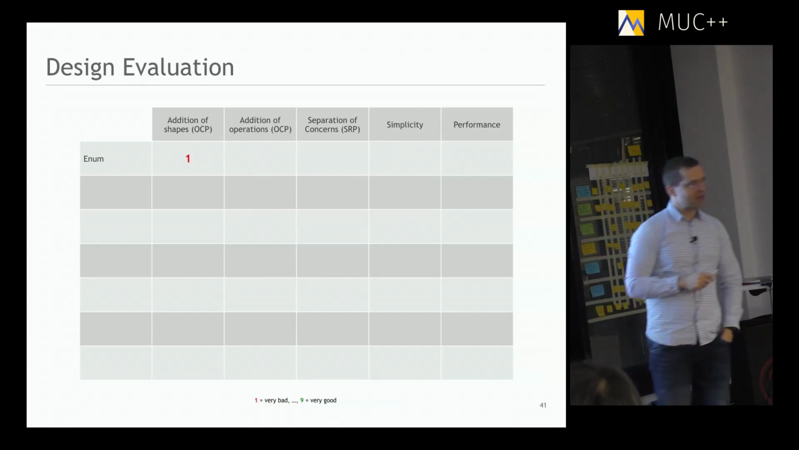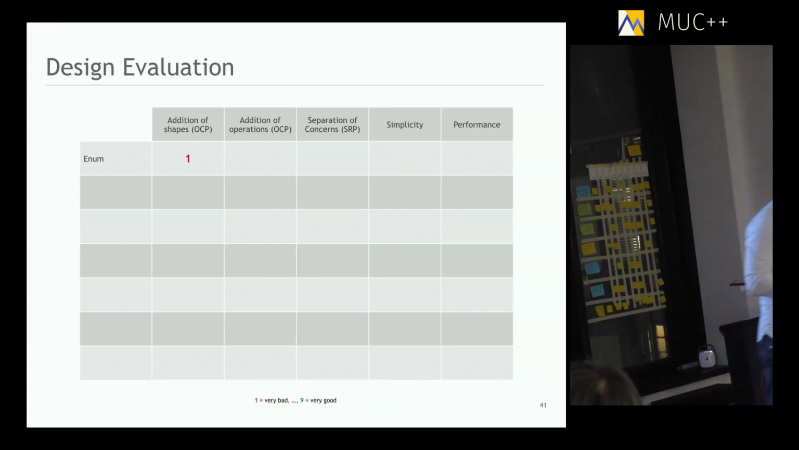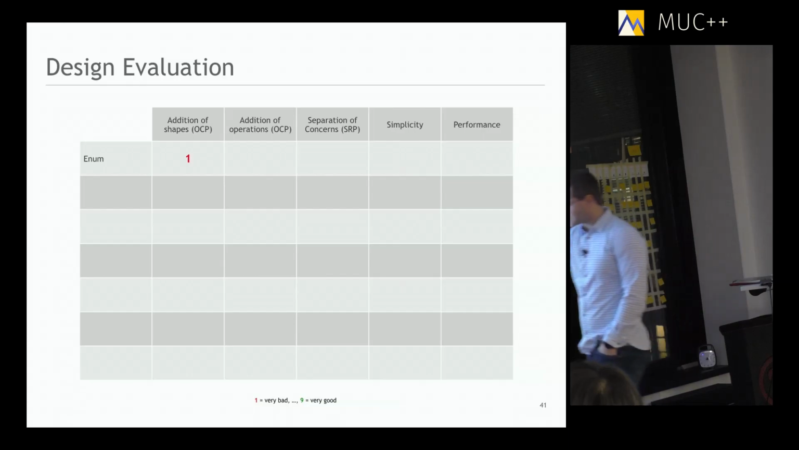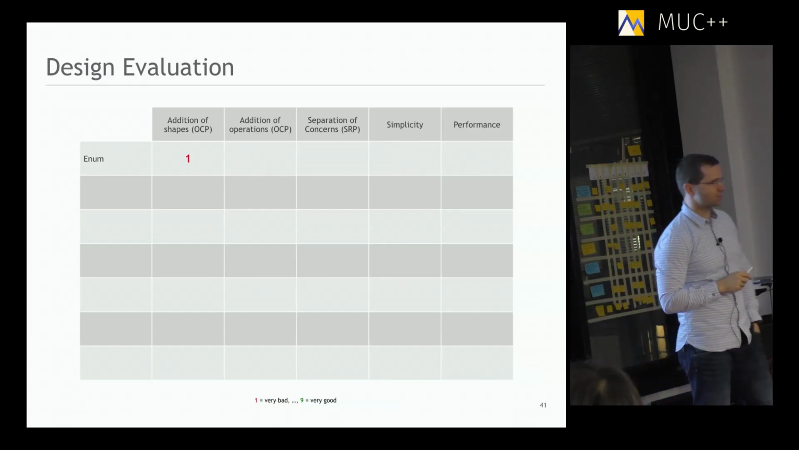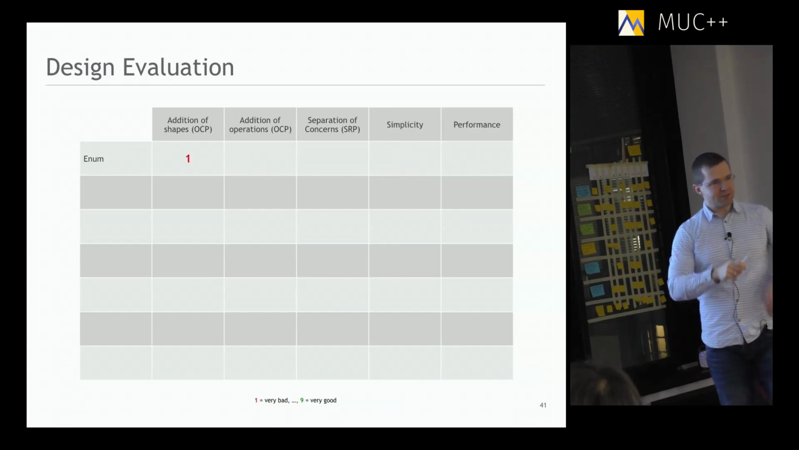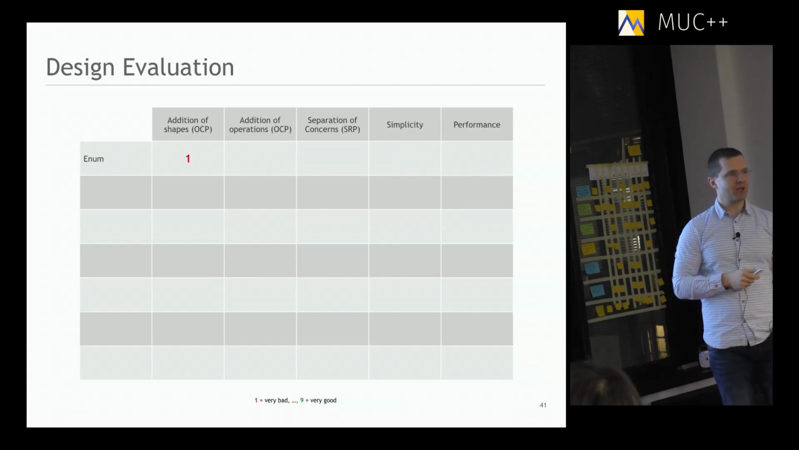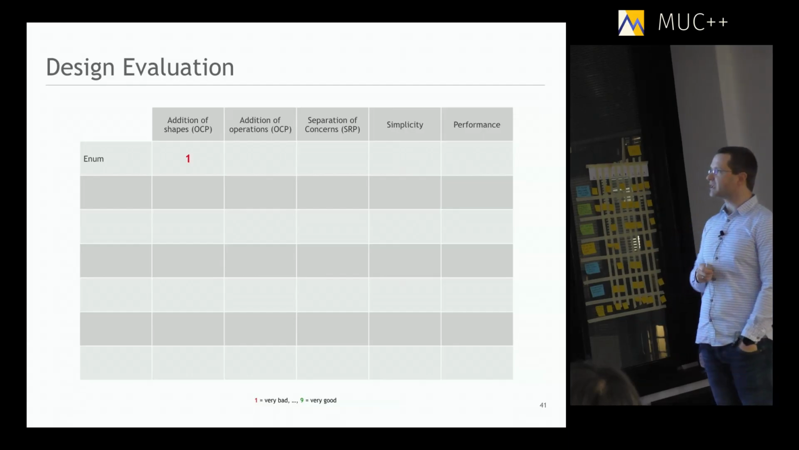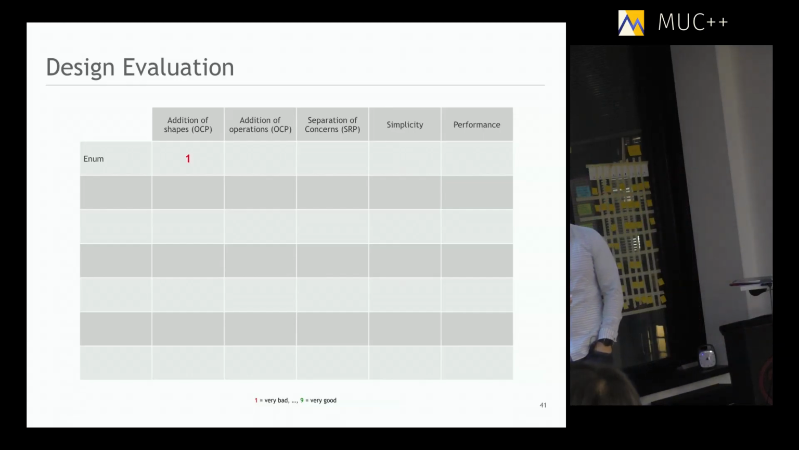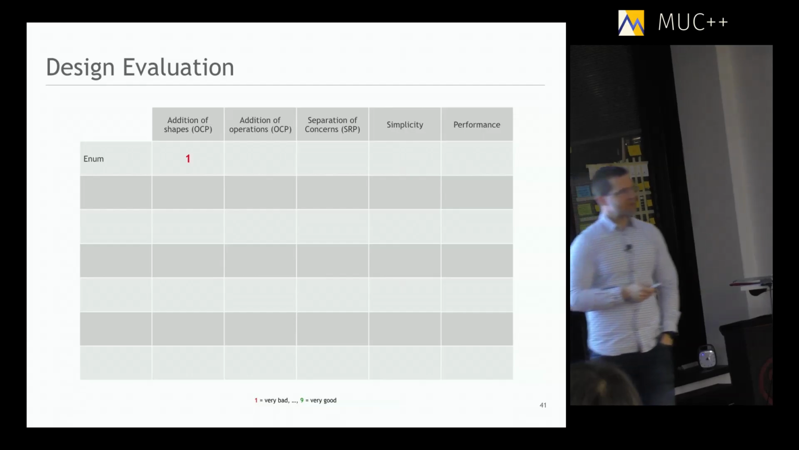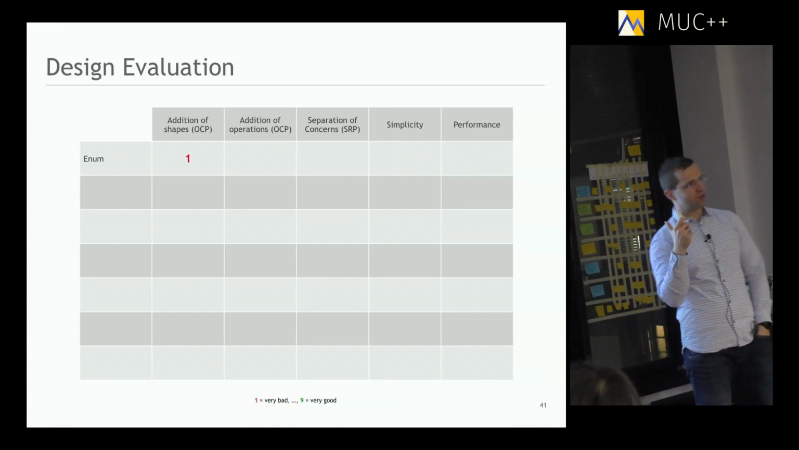This is actually the worst thing you can do, adding a new shape in a solution. Why? So 1 is actually very bad. Yeah? So very bad is red and good things will be green. If you add a new shape, first of all, you have to change the enumeration. This is a singular point of dependency. Everything depends on this one enumeration. If you change it, everything needs to at least recompile and potentially change. And all the functions that deal with this shape type, for instance, a draw function that you saw before, need